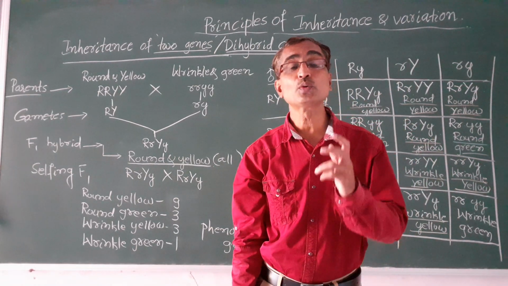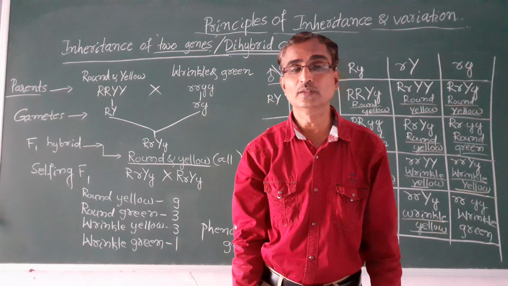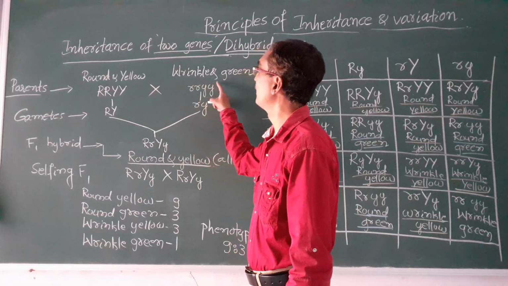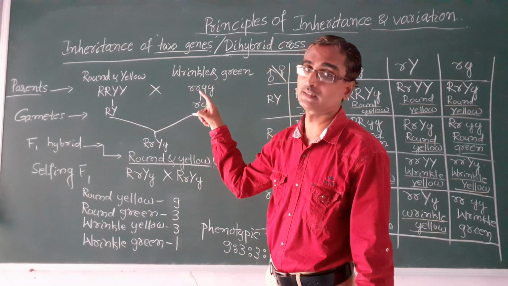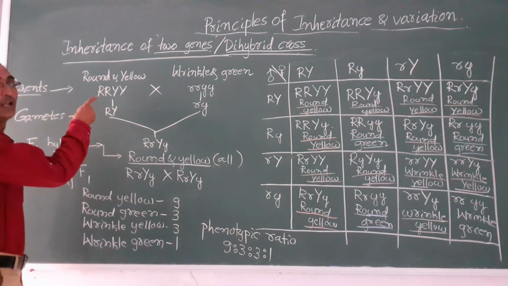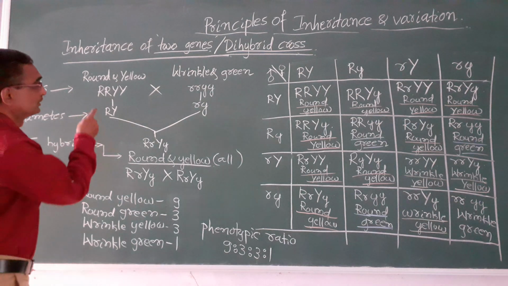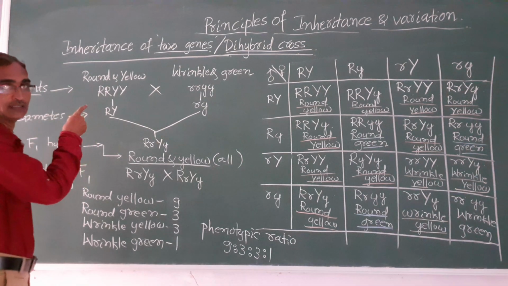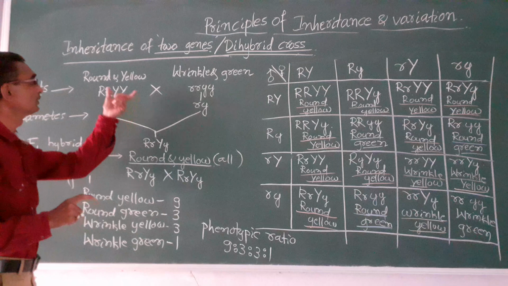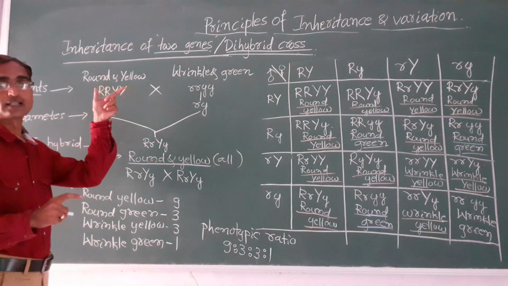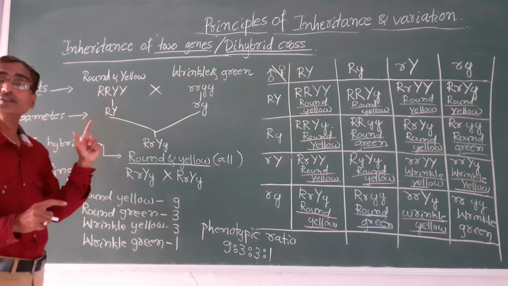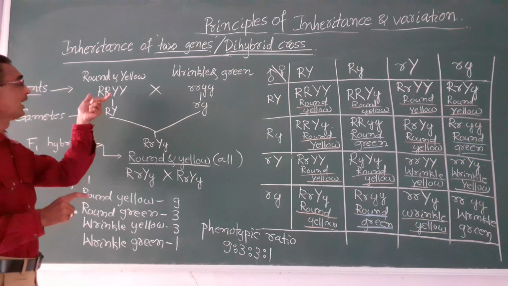it is a cross between two plants with two pairs of contrasting characters. That is, one pair is round and yellow: the shape of the seed is round and the color of the seed is yellow. So a dihybrid cross is a cross between two plants with two pairs of contrasting characters,